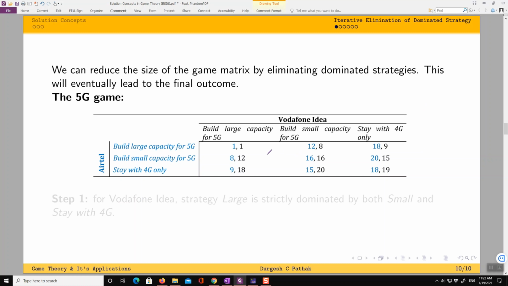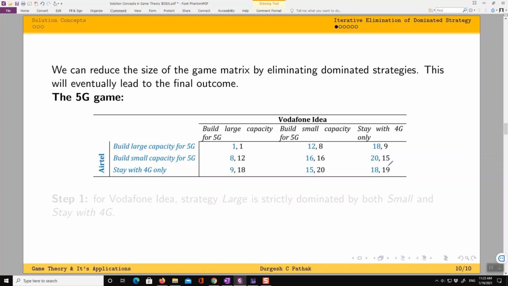So we are having a look at the 5G game. Here the players are two telecom companies, Airtel and Vodafone Idea. They are in India, right? Everywhere the telecom companies are preparing for 5G. Both Airtel and Vodafone Idea are planning whether they should build a large capacity for 5G, a small capacity for 5G, or stay with 4G only.